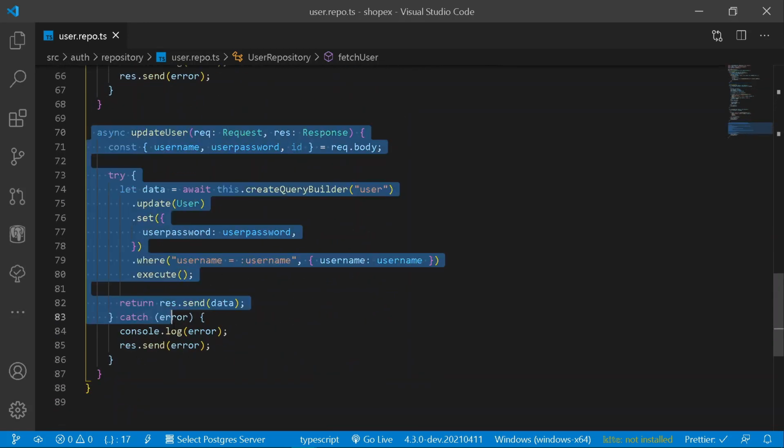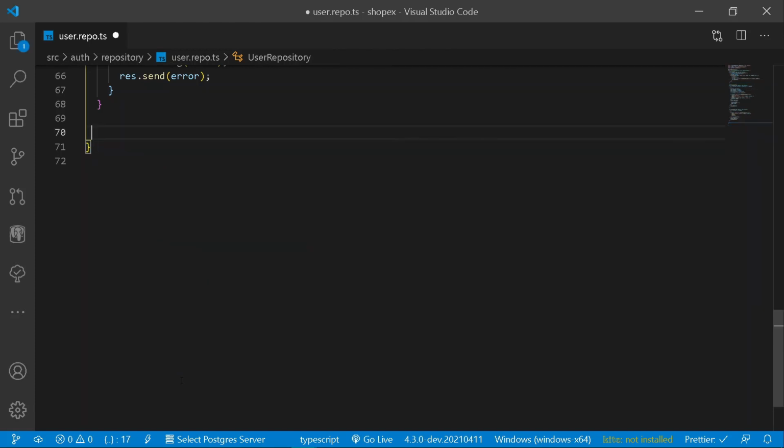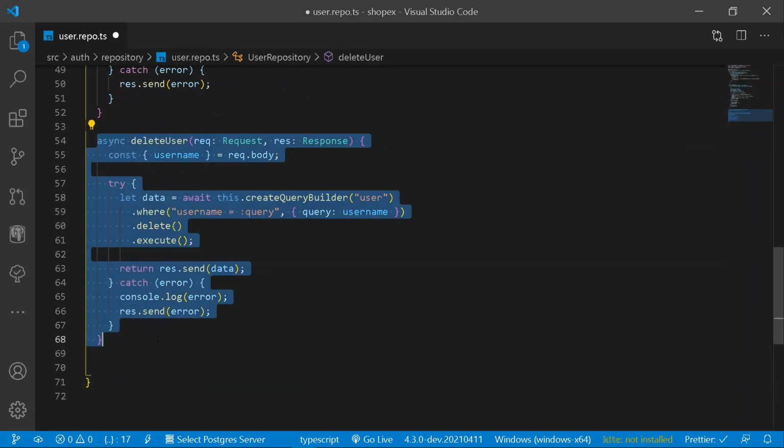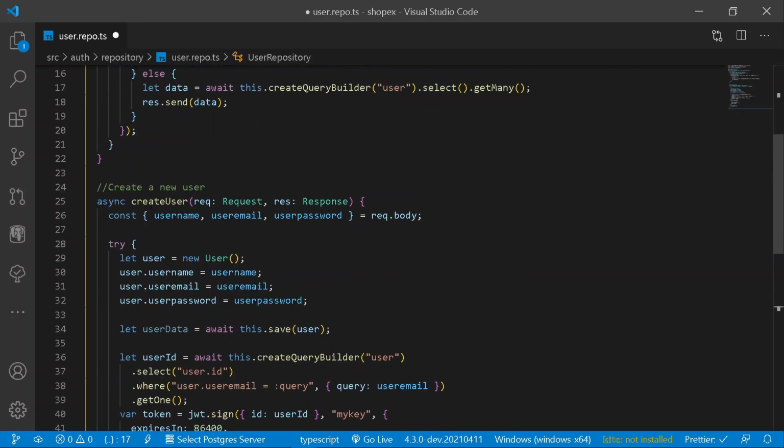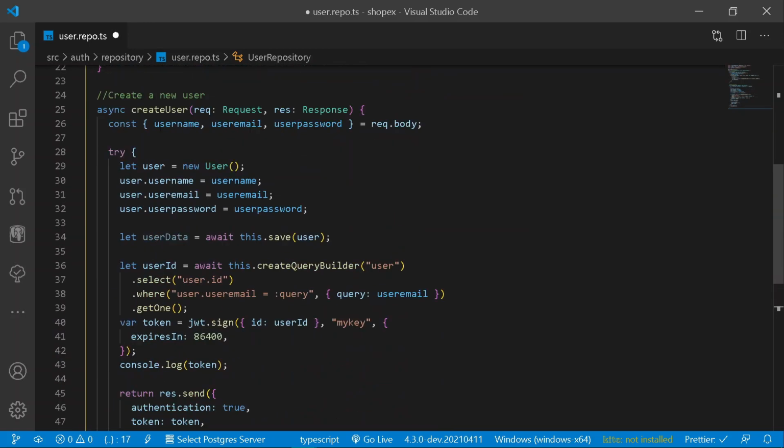So for that purpose, first of all, let's remove this method, and also we won't be needing the delete user method for now. And so on, so the following method is up and ready for simply creating a new user. So instead of having a method of create user, let's add a method to be called signup. So here let's have a method of signup just like this.